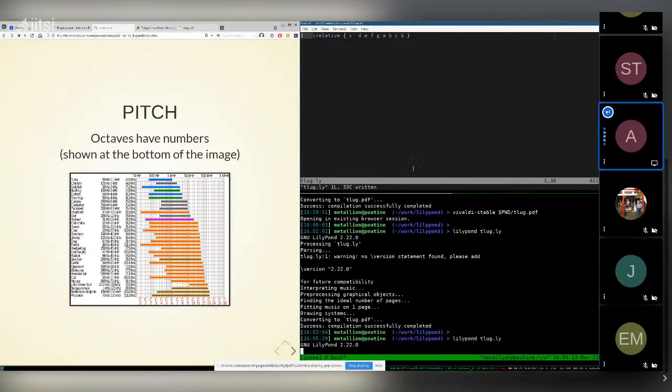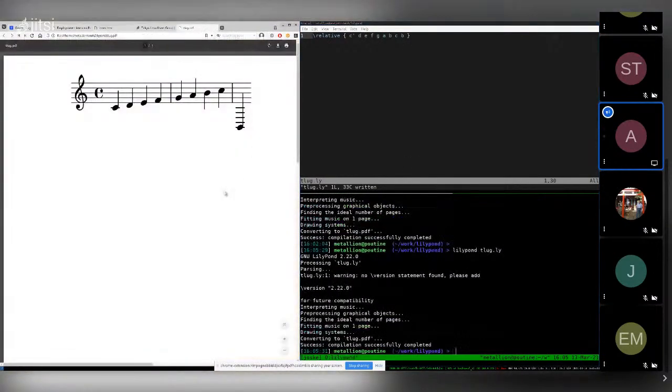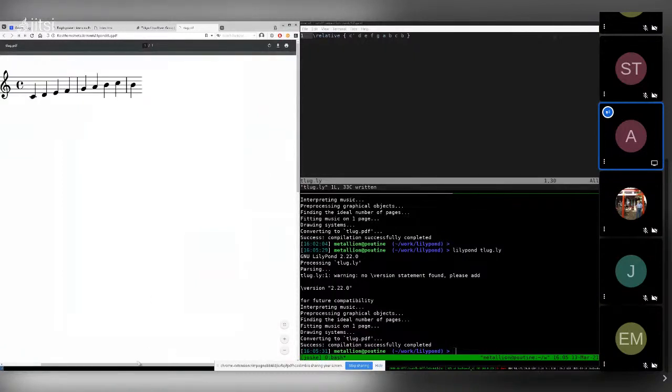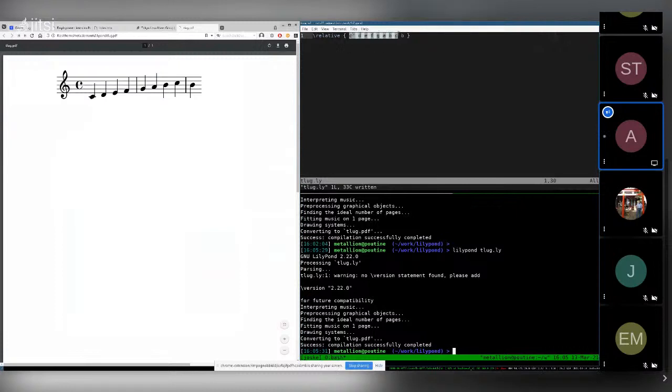What I've written right now should be a little different from what we've written before. Before, we had a bunch of notes going up gradually and then suddenly one went down. But if we refresh now, we don't have the sudden drop at the end anymore, because each of these notes is checking where the note before it was.